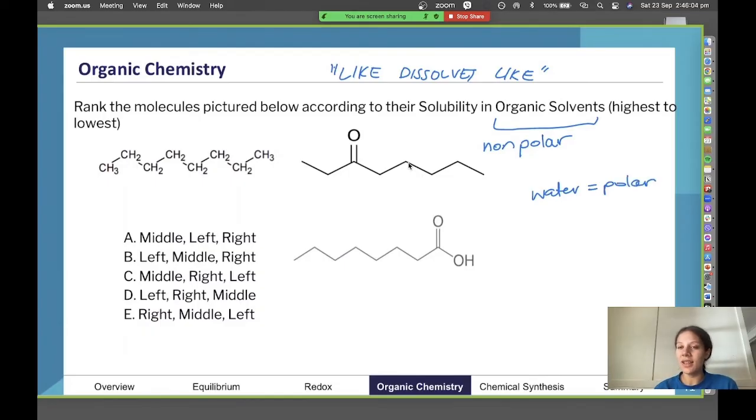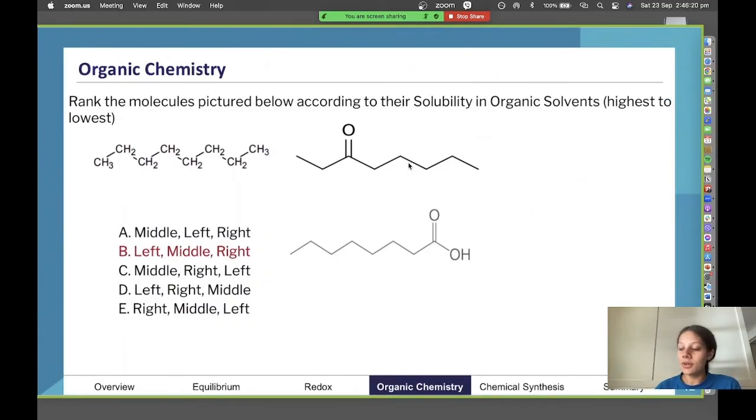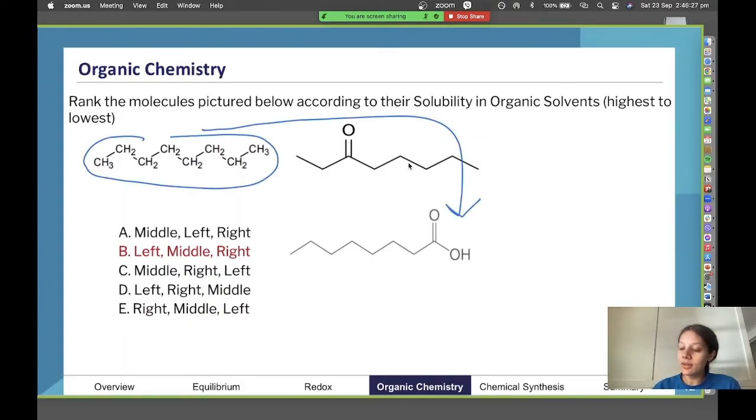So organic solvents, think of things like fat, are non-polar. If you want something to dissolve in something that's non-polar, you have to put something non-polar in it. If you want to be soluble in water, which is polar, you also have to be polar. So that's the idea here. If we look at the actual order, it's going to be left, middle, right. So we're going back this way now. This is the most soluble. Our alkane is the most soluble in organic solvents because it's the most non-polar. We don't have any polar bonds. This is the non-polar molecule, all in all.